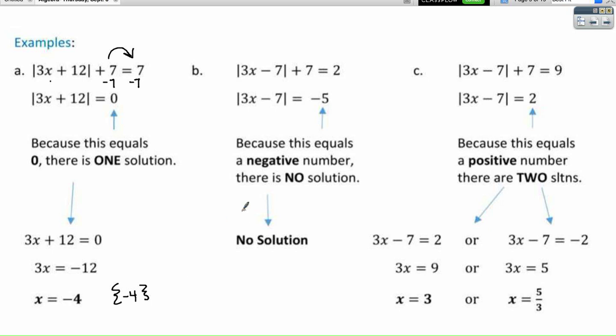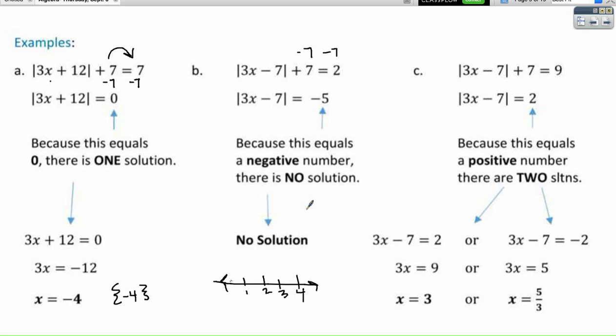Option B was if it was to come out negative. So if I cleaned it up and I minus 7 from both sides and I get a negative 5, I know that there's nothing that I could put in here and generate inside of an absolute value to get a negative number. So there's no solutions. On my number line, if I were to graph it, there would be nothing there. If they told me graph the solutions to this, I would just leave it blank because there are no solutions,